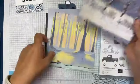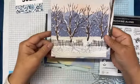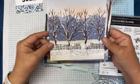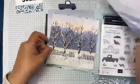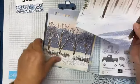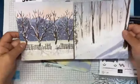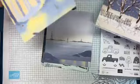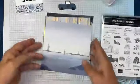I used that in my card today. I love this one. It's got a little bit of a sunset back there. So pretty. And then I used this one as well. I think, did I use this one? No, these 2 are my favorites. I used this one and this one on today's cards. Okay, and I'm going to show you,